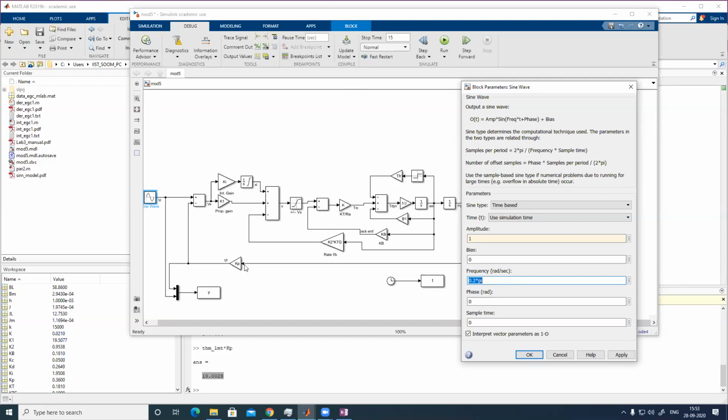The KP is in the feedback path. Sir, what is the stop time for that simulation time? In configuration parameter you can set your own simulation time. I am now taking some 15 seconds. The sampling is done from 1 to 15,000 at a step of 0.001. The fixed step size is 0.001.